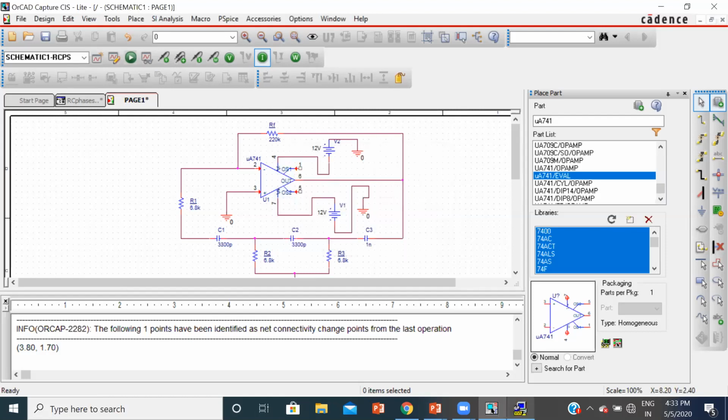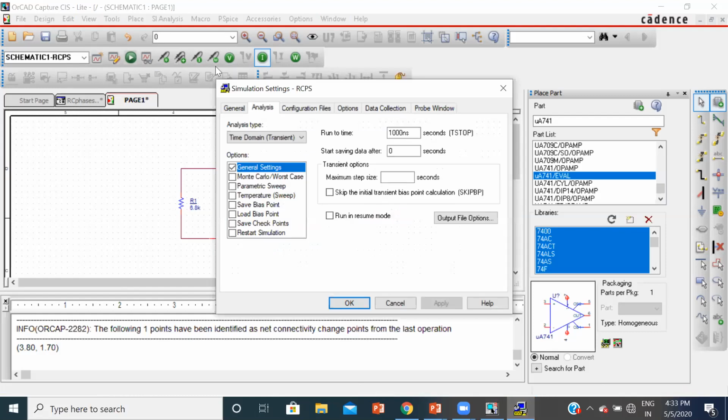So you'll be getting this window. In this window, you need to do a few settings, the simulation settings. The analysis is of time domain type, and in the general settings, the run to time I'll give as 950 milli, and start saving data after 940 milli.